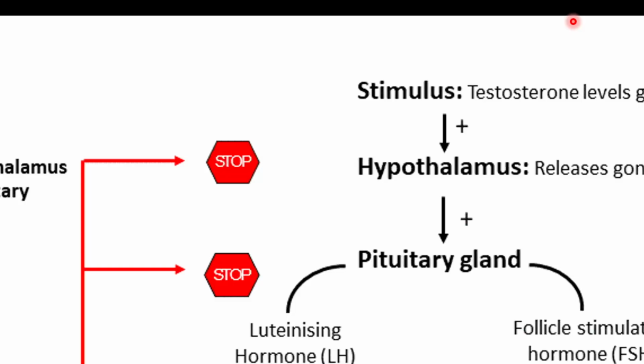So, testosterone and inhibin are two major hormones produced in the testes. Increased levels of inhibin B in the blood form a negative feedback loop to the pituitary, telling it to stop the production of follicle stimulating hormone. And increased levels of testosterone in the blood form a negative feedback loop, similarly to that of inhibin, to stop the production of luteinizing hormone at two steps, in the pituitary as well as in the hypothalamus. So this is the negative feedback loop in place for maintaining the homeostasis of testosterone levels from the testes.